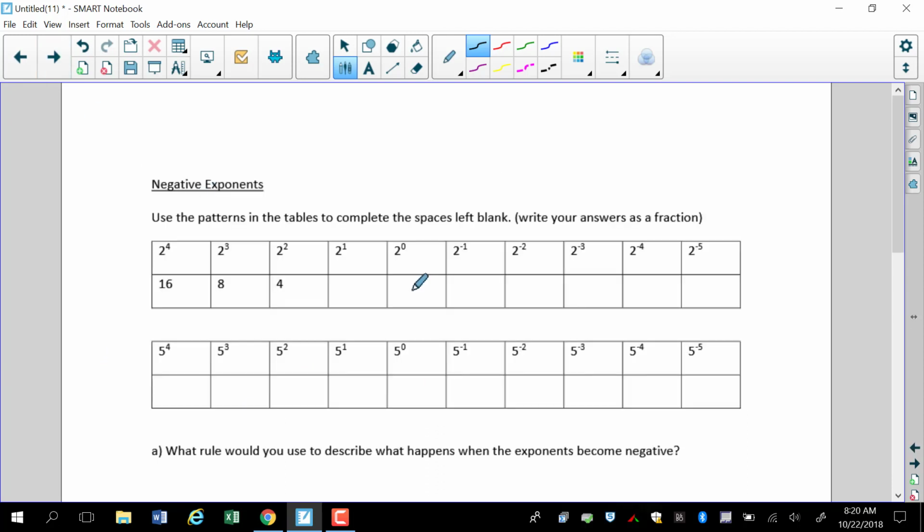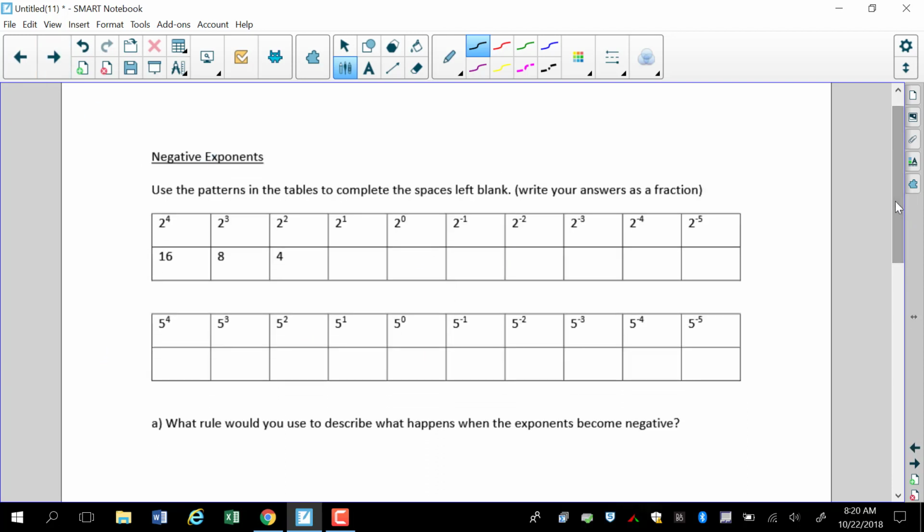Now, where this kind of relates is, and I'm going to show you, because sometimes you can actually subtract and get negative exponents. So what do you do in that case? Well, let's look at this pattern. 16 divided by 2 is 8, divided by 2 is 4, and I'm just reducing the power of the exponent. This is 2, anything to the 0 power is 1. And if you notice the pattern here, 8, 4, 2, 1, I'm just dividing by 2. So this should be 1/2,